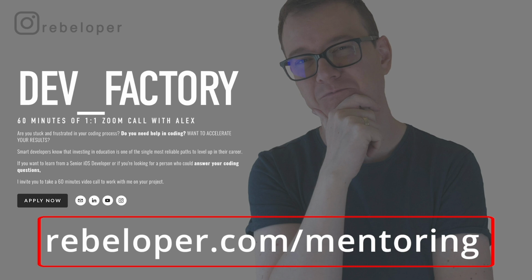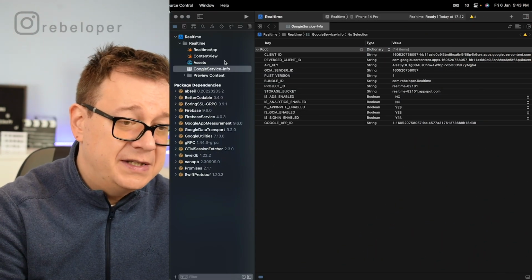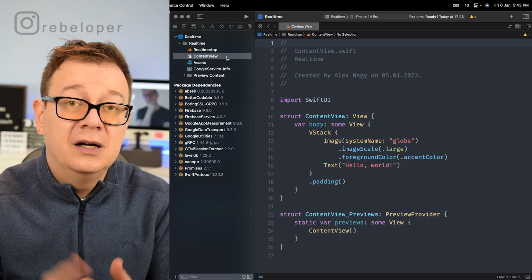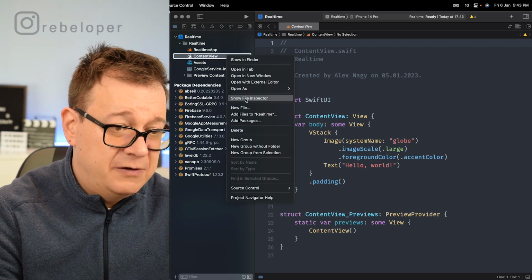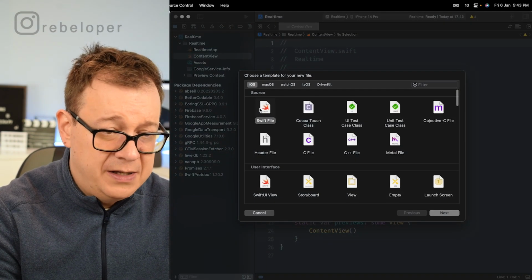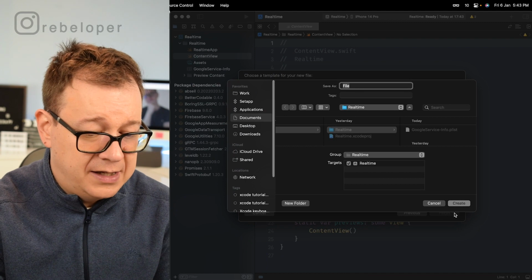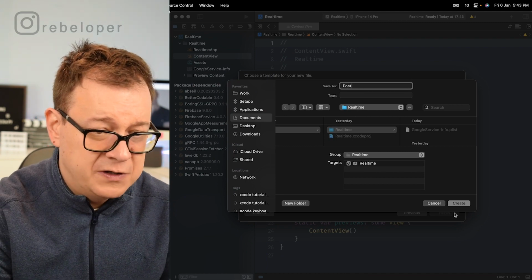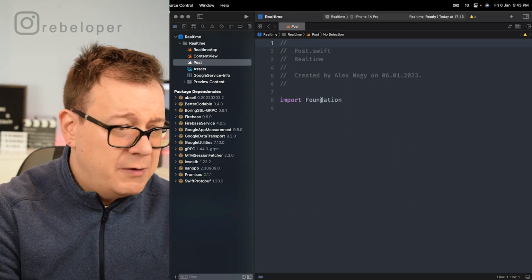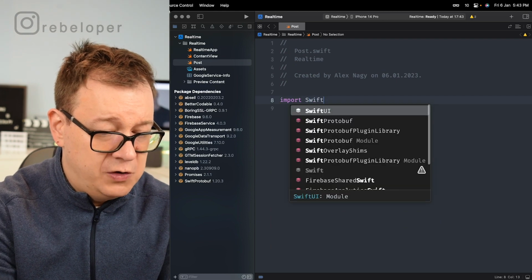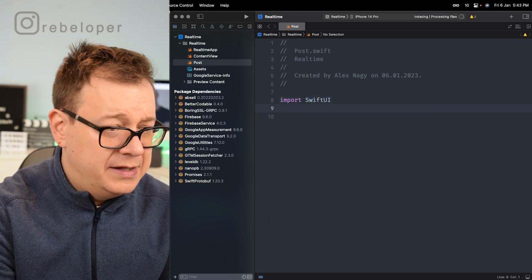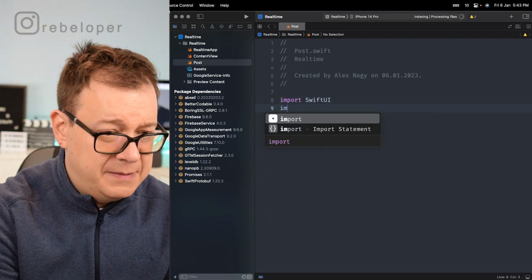Now let's get back to our project of building a real-time application with Swift and Firebase. What we want to do first is just create our model. So let's just create a new file. That will be a Swift file. Let's click on next, and let's just have this named as post. There we go. What we want to do is just import SwiftUI right over here, and then let's just import